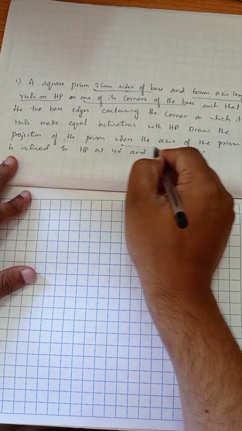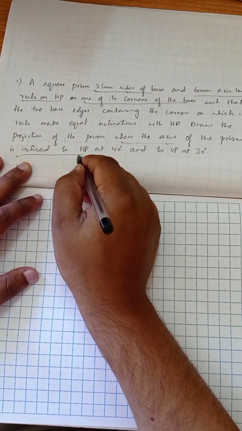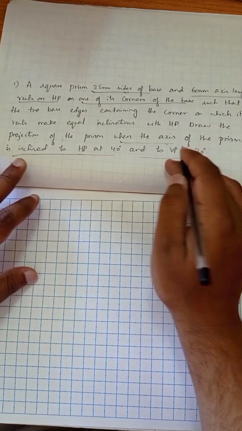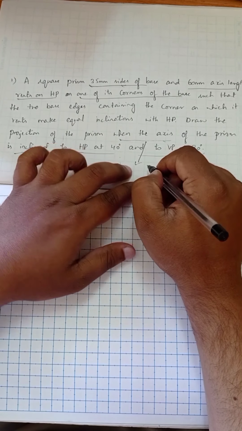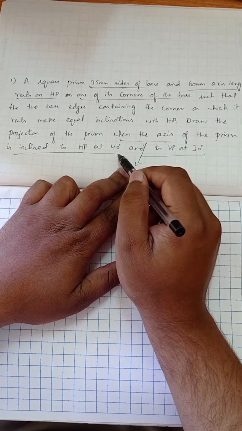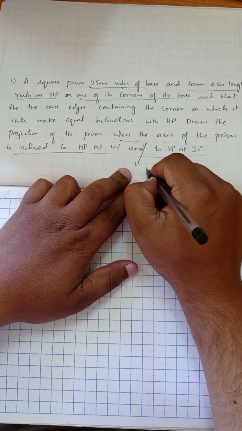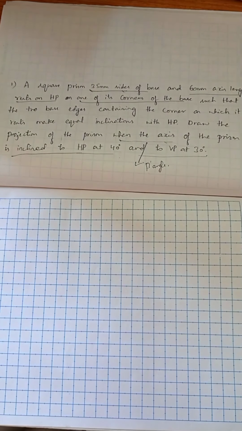Then draw the projections of the prism when the axis of the prism is inclined to HP at 40 degree and to VP at 30 degree. So they have mentioned the axis. Both angles of inclination are with the axis, HP 40 degree, VP 30 degree. So it is a beta angle problem. First, initially we are going to construct